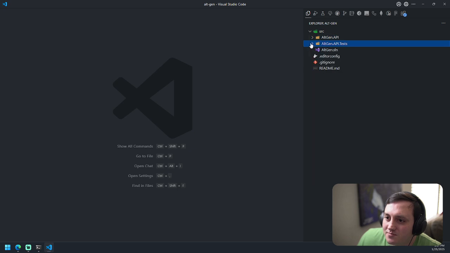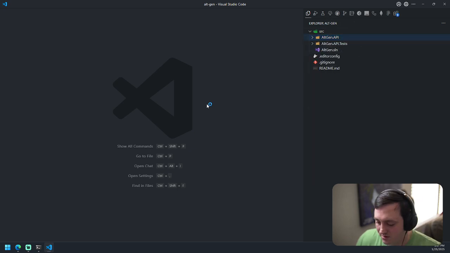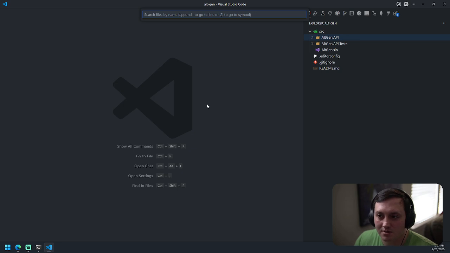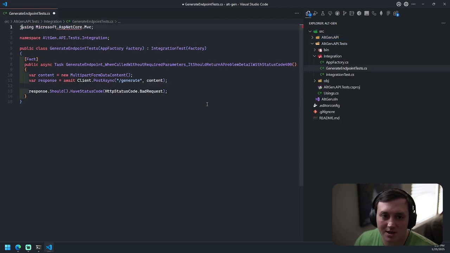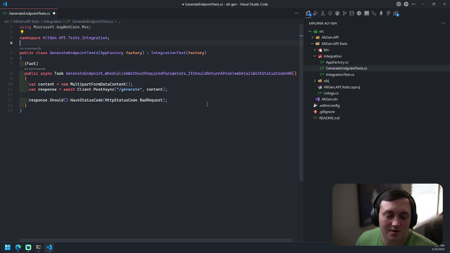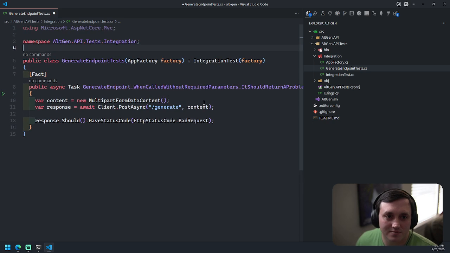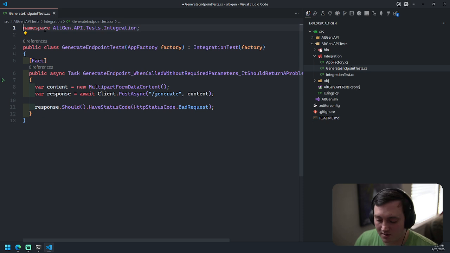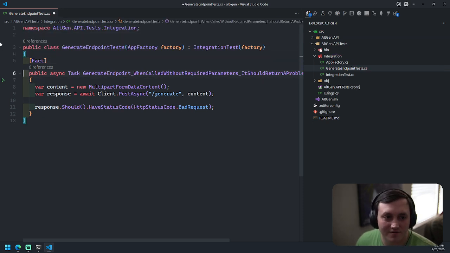I want to work on this. Let's see. Generate endpoint tests. Make this a little bigger. Now I'm trying to do Vim stuff in VS Code.